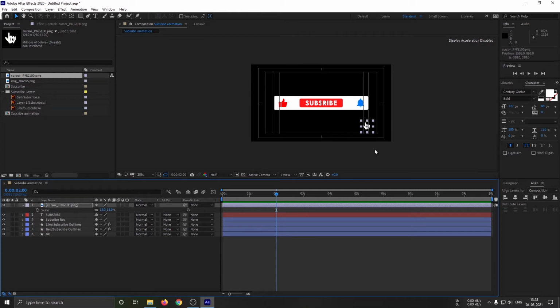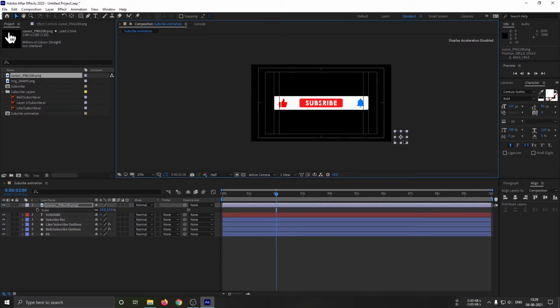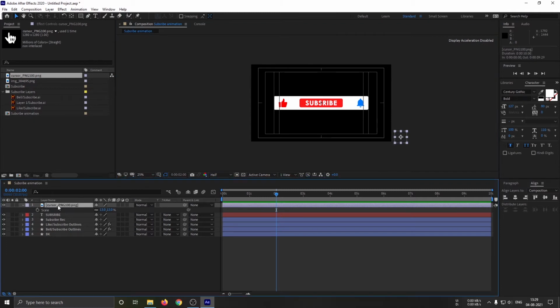Now go to 2 seconds, select the cursor layer, press P for position and keyframe it the way I am doing it. Just do the same thing.